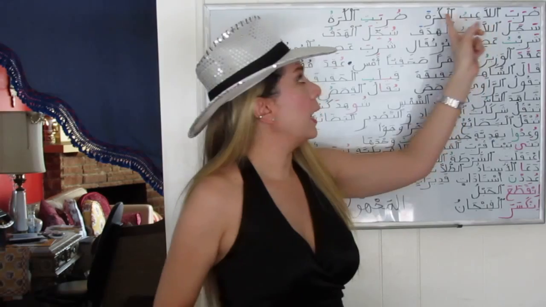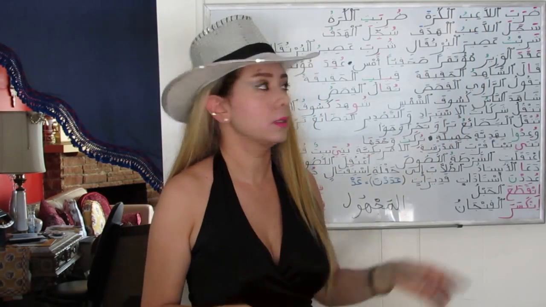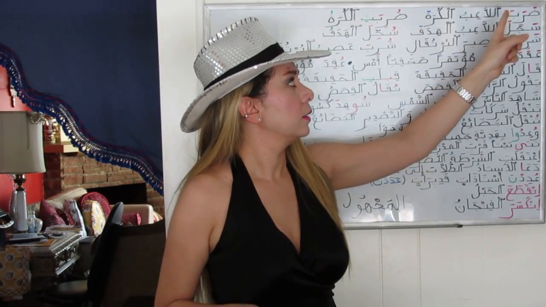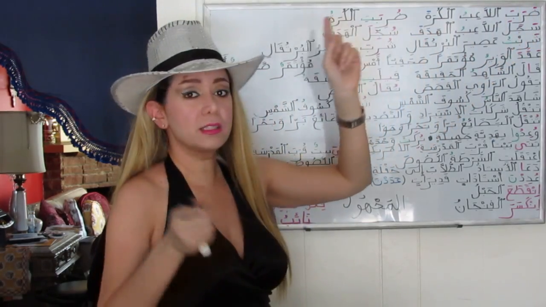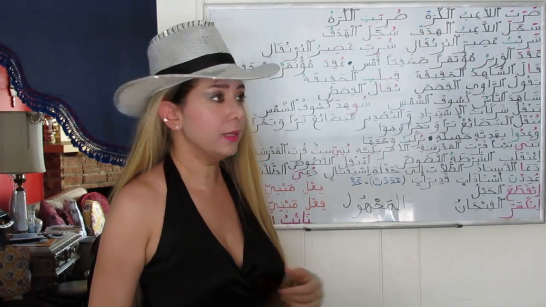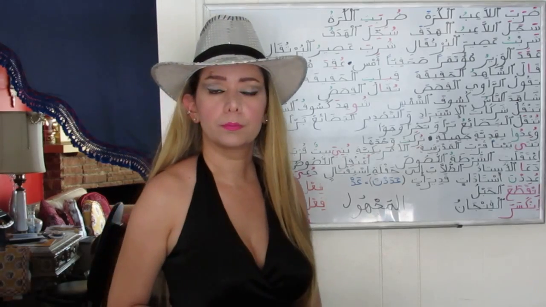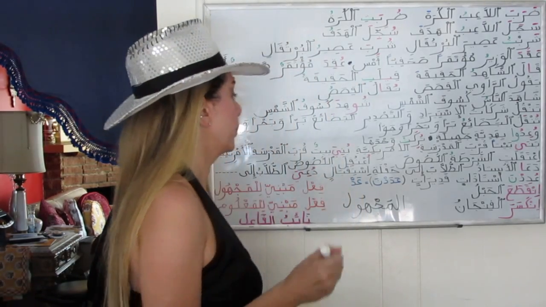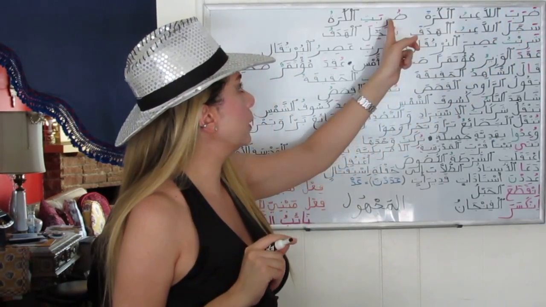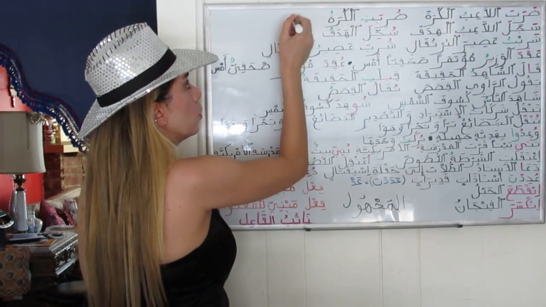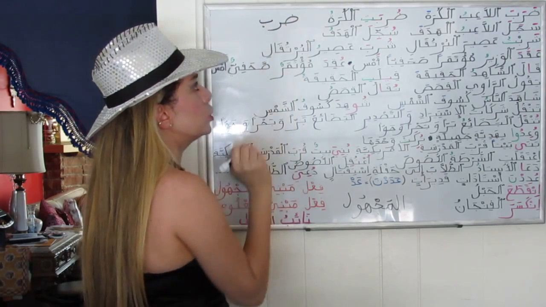Alright, so let's check examples. Alright? ضرب اللاعب الكرة. ضرب, to hit. The player hit the ball. Alright? So this is an active sentence. And its passive version is ضربت الكرة. What happened? So, ضرب is a form 1 sound verb, to hit. ضرب is its passive. So what we're going to do is just to change the